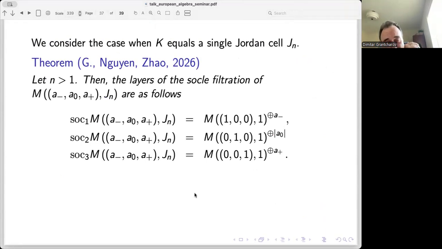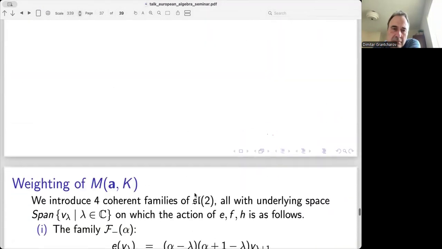I'm wondering if you restrict to the modules that come from differential operators, if there's anything nicer that you can say, for example, maybe relating to representation theory of the Witt algebra or the Weil algebra or something like that.